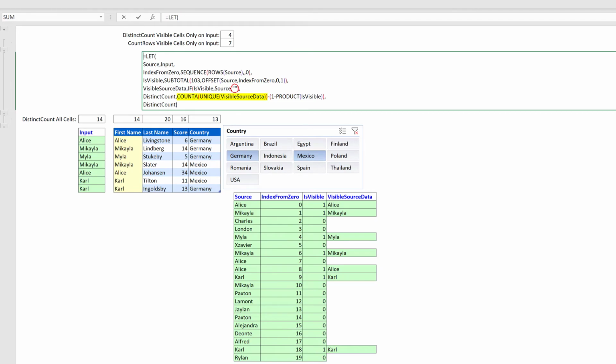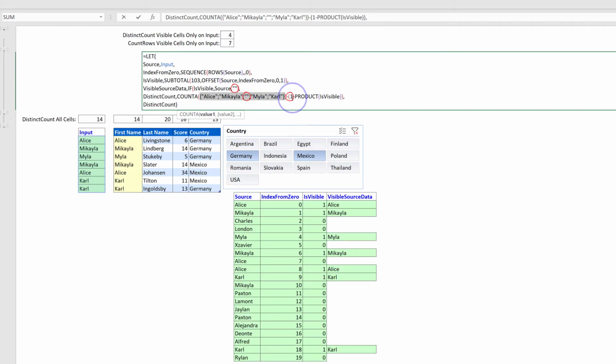Well, almost. You see, by reducing the source vector to just the visible source data, we've introduced an empty string. Let me show you. There it is. And that by itself will be counted by the countA function, so we need to compensate for that, hence the -1 here. Except in the case where all the records are visible, then we do not introduce the empty string, and we should not compensate for it.